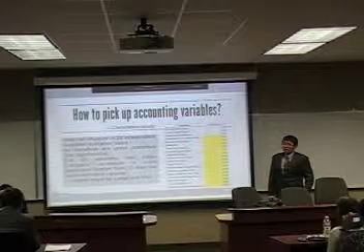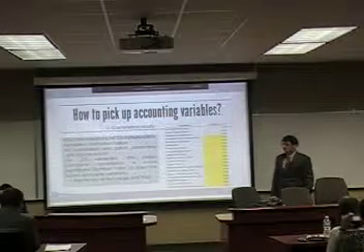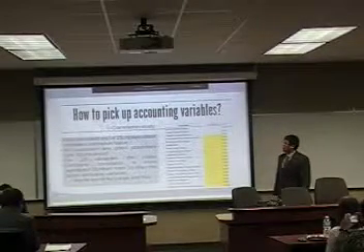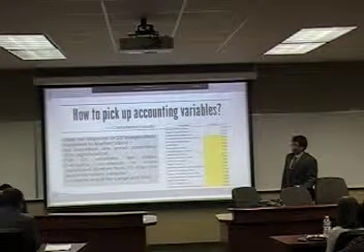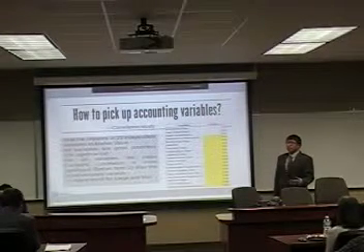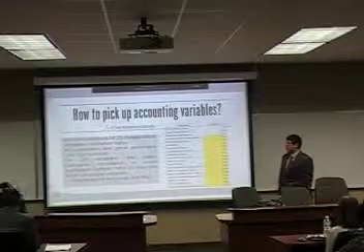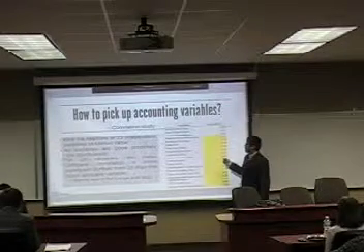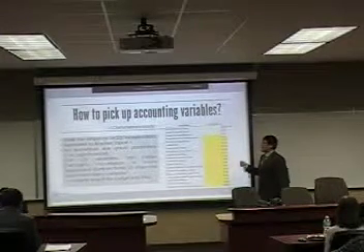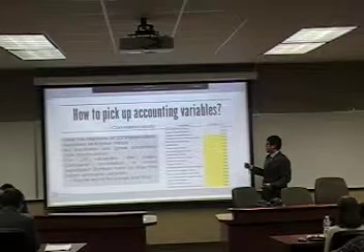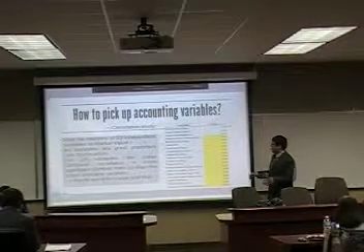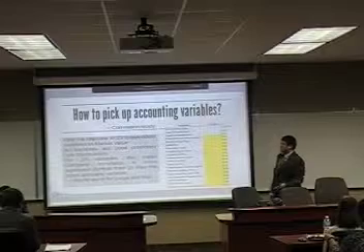I got 23 accounting variables on my plate to pick from, and they are all good predictors at the 1% significance level. So how to pick accounting variables? Correlation is used to find the relationship between the market value and the accounting variables. Let's see the table. If one accounting variable is highly correlated with the market value, then there is a great probability that a great portion of the variability can be explained by that accounting variable. I went through the same process one by one and found the best accounting variables.